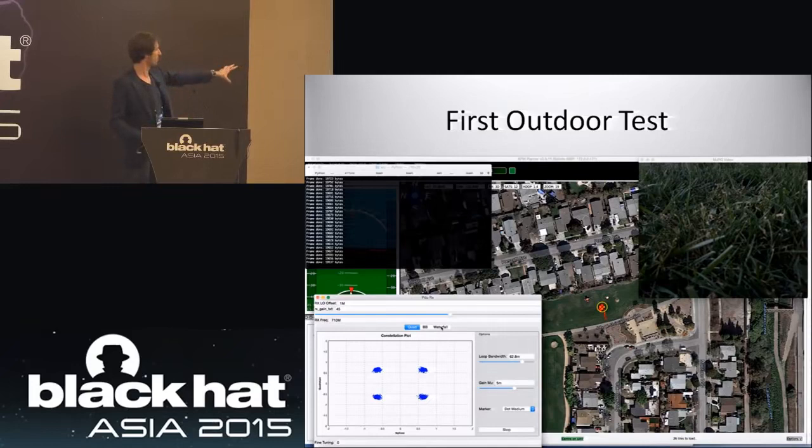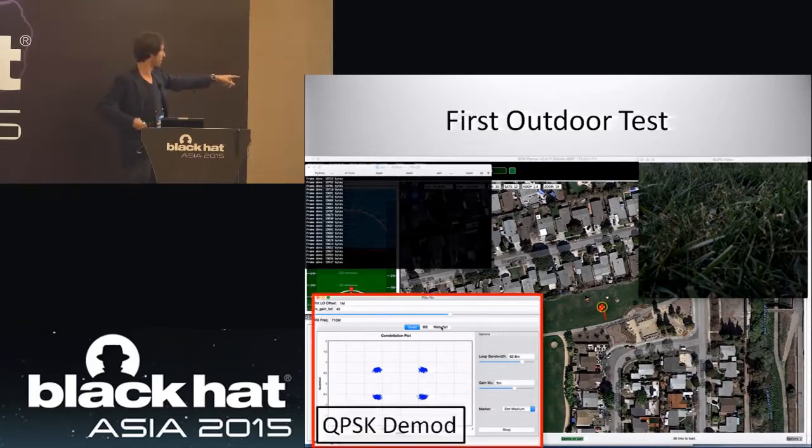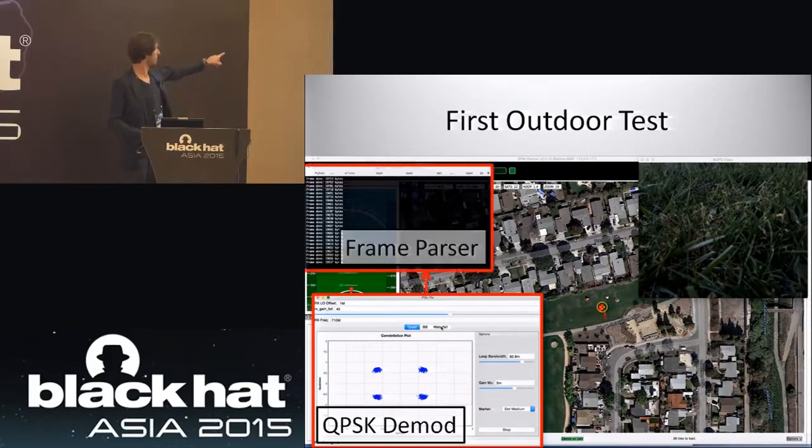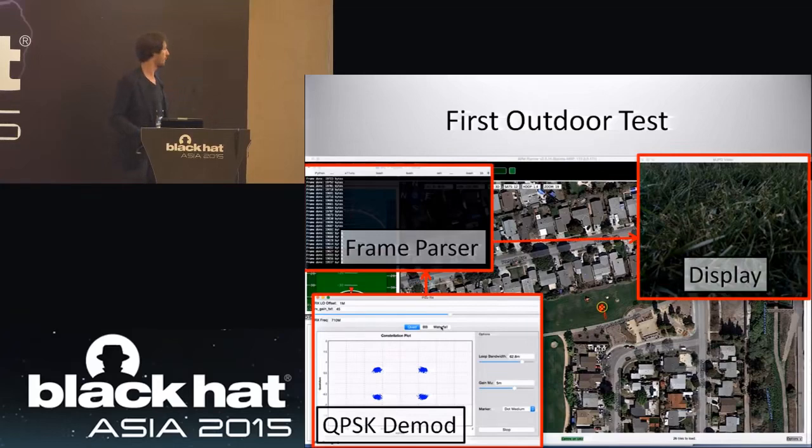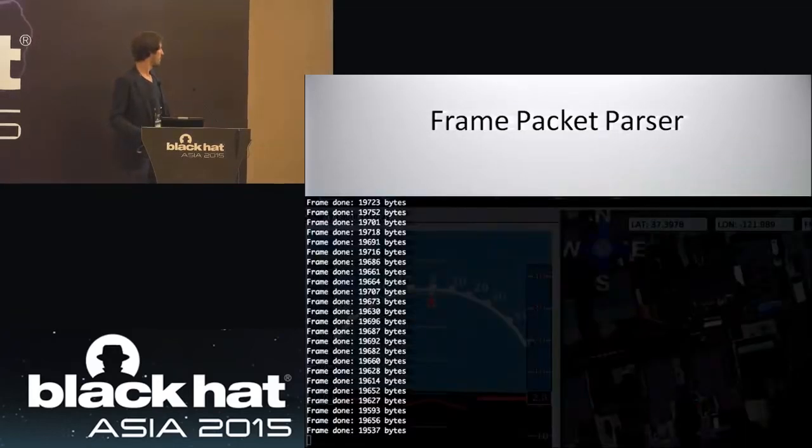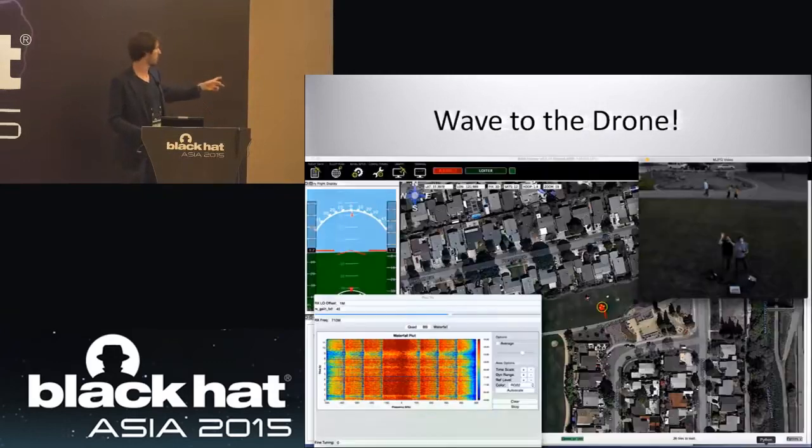But here, this is a screenshot of the screen there. This is the QPSK demodulator. You can see the 4 clusters of dots because it's 2 bits per symbol. That's sending the raw data to the frame parser, and then it's putting it on the display there. And you can see behind it, APM Planner is showing you the map and where the drone is. So every single time a frame gets reconstructed, it displays it there on the right-hand side,